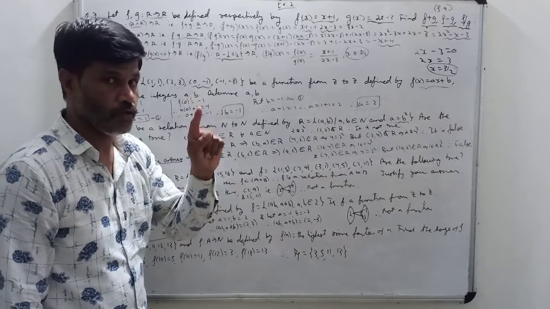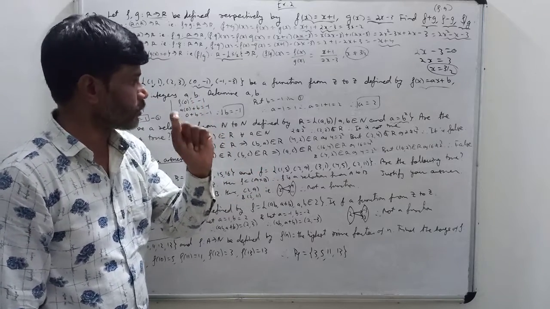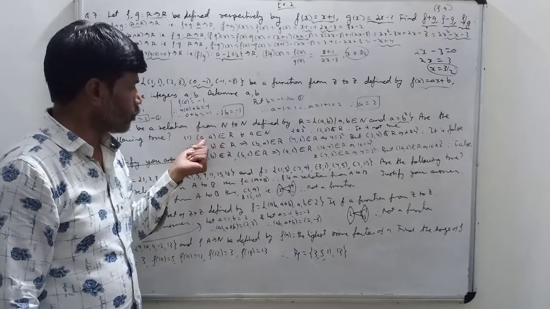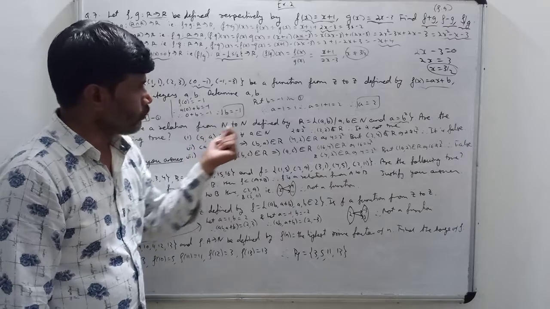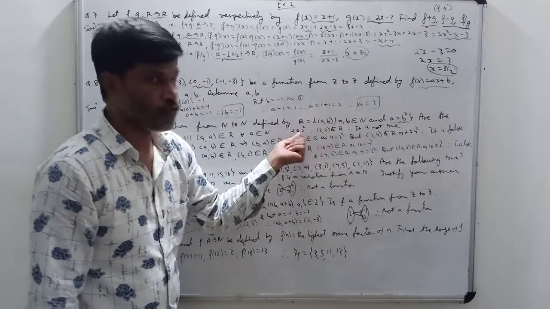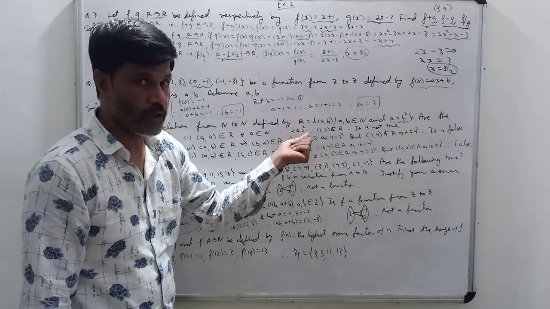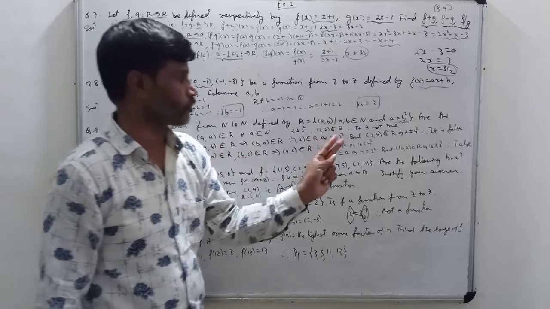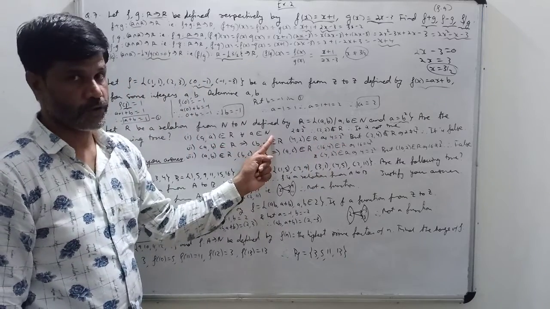For n is equal to 1, it is true. For one natural number, that is 1, 1 is equal to 1 square is true. But is it true for others? You put 2 comma 2. So when we put 2 comma 2, we want to check this condition. 2 is equal to 2 square is possible? 2 is equal to 4 is possible? So 2 is not equal to 2 square. Therefore (2, 2) does not belong to R. Therefore this statement is false.